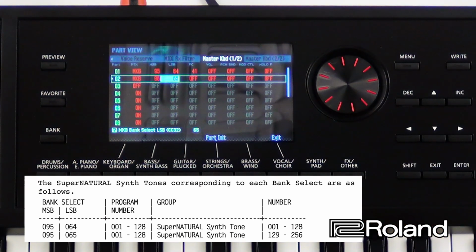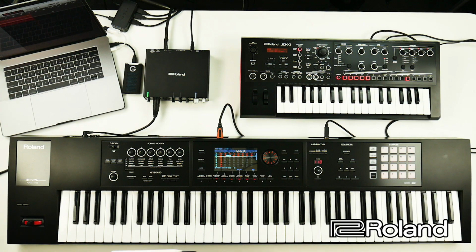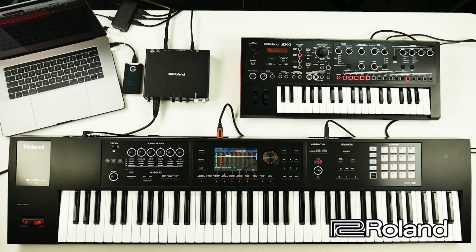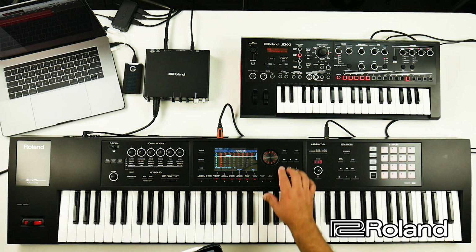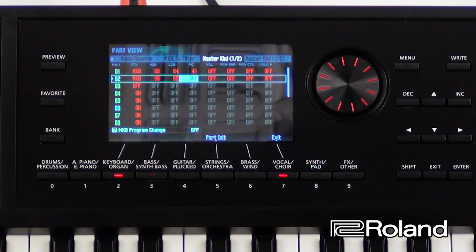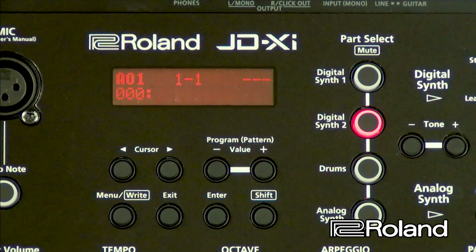And just so you can see, I am going to switch the JD-Xi to Digital Synth 2. You don't have to do this when you're programming, but this is just so you guys can see on the screen. This is pretty neat. So I'm going to be switching the sounds in the FA right here, moving over to the program change, and I'm going to be spinning the dial wheel and watch the JD-Xi. It is